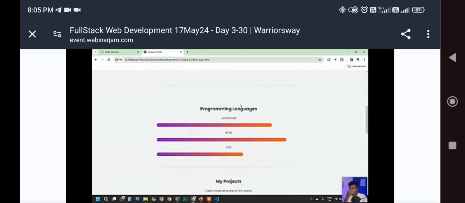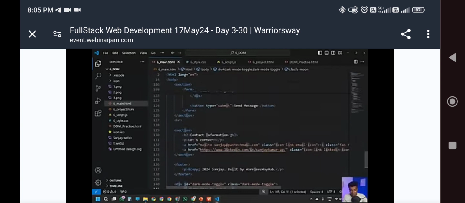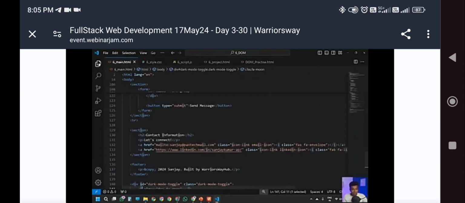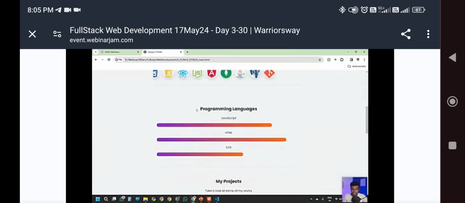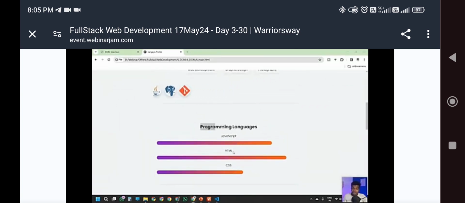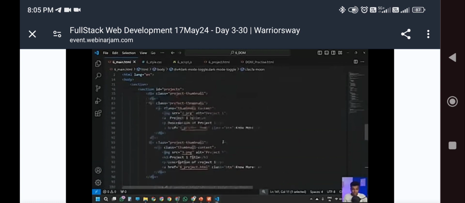Guys, if it is really mind-blowing, you just post "mind-blowing Sanjay" in your live chat. So that's what we are going to do. Very simple. Of course, it is related to the HTML because we need to add some part. Previously we didn't have the section called programming language, but right now we have this programming language section. So first of all, what you need to do is,